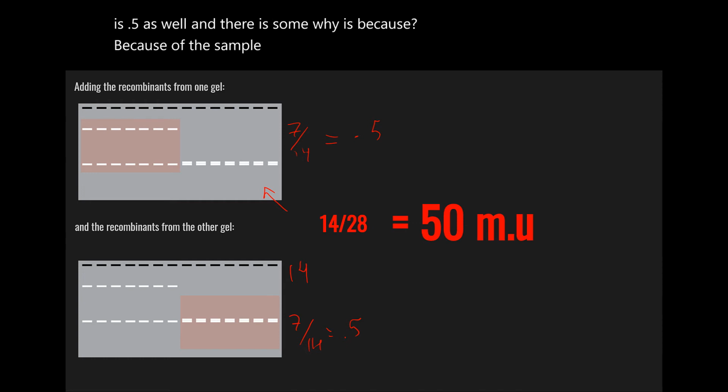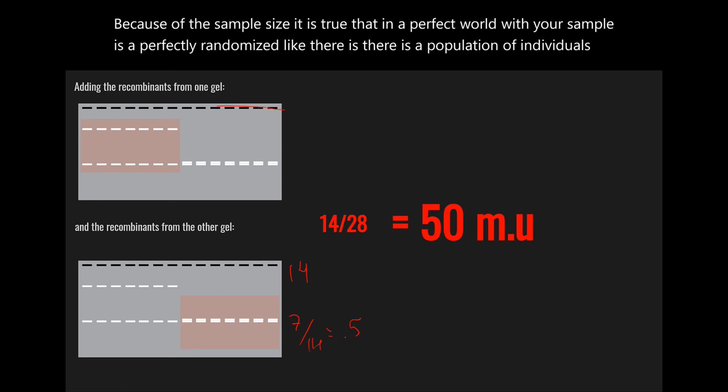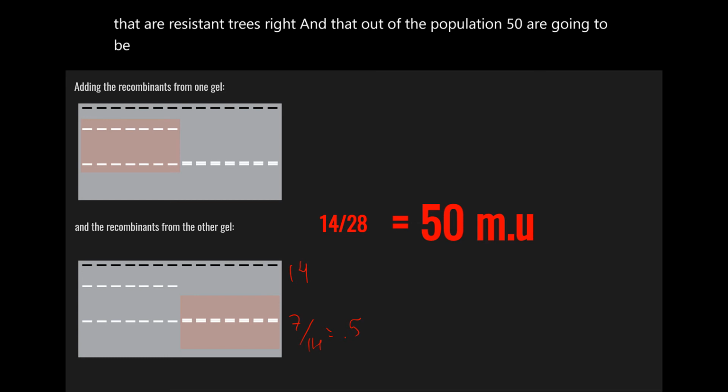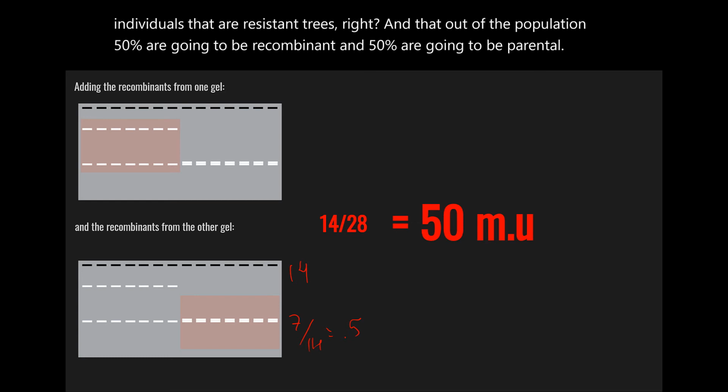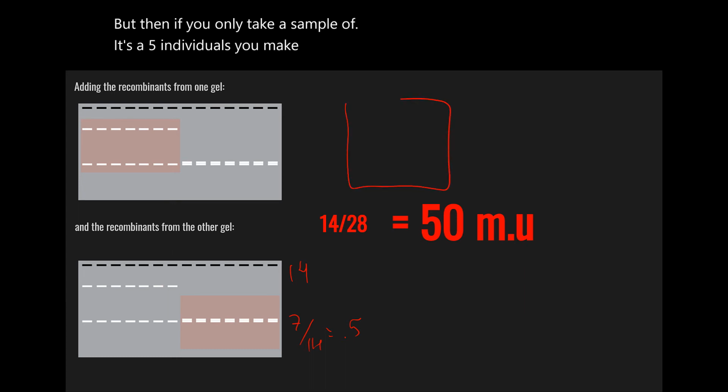It is true that, in a perfect world where your sample is perfectly randomized, like there is a population of individuals that are resistant trees, and you know that out of the population, 50% are going to be recombinant and 50% are going to be parental. But then if you only take a sample of, let's say, 5 individuals, you make your electrophoretic gel with 5 individuals,